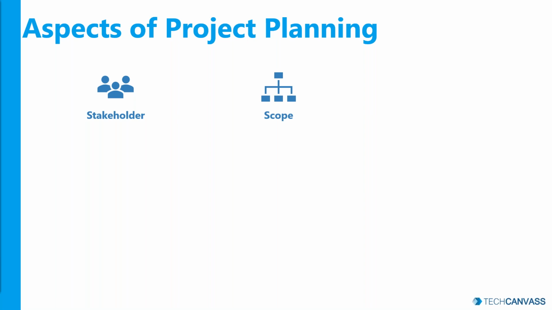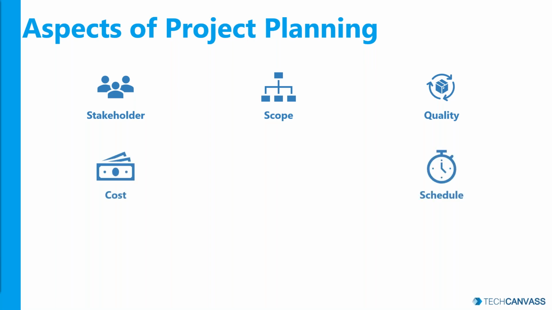And very importantly, scope, right? In my opinion, a project manager spends most of his time ensuring the definition of scope of what you're delivering, and also making sure that you are delivering all the scope during execution as well. So you need to plan your scope well. Quality, right? No matter how much effort you spend, if quality is not managed well, then the project takes a backseat. So you need to plan for quality beforehand as well. Cost, schedule. Most of the customers are very much interested in the milestones, right?